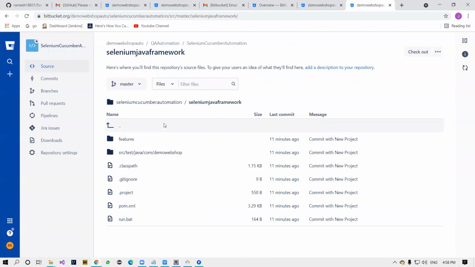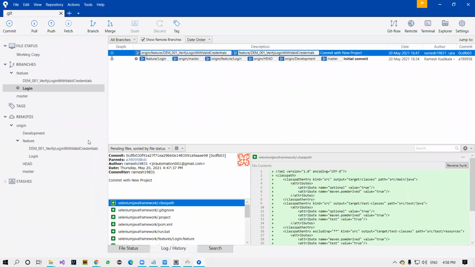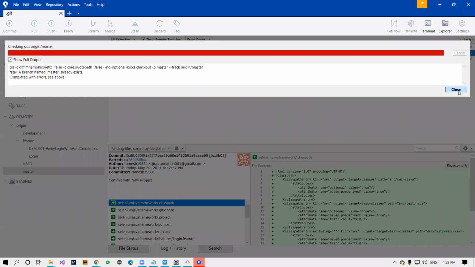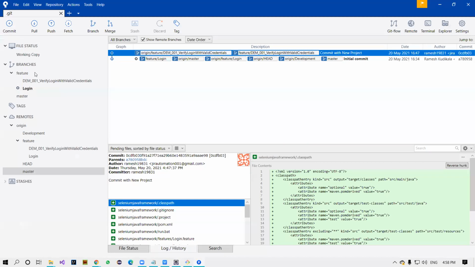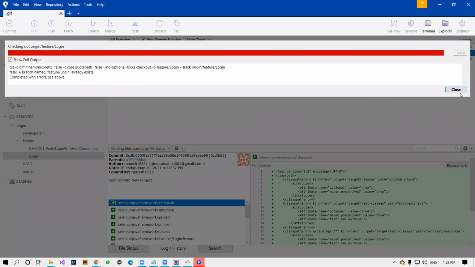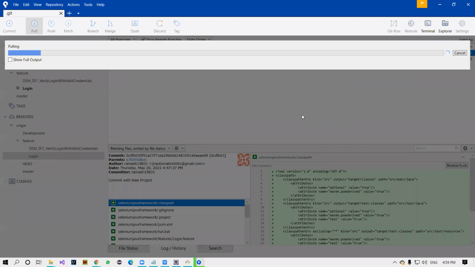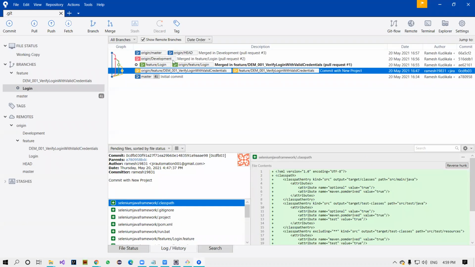You see that everything is there, right? Okay, let's go back to this one. Okay, login branch. Now let me go and check out the master branch. You see? Okay. What happened? Let's check out the login branch. Login branch is already checked out. Okay. Some issues are there. Let's see that. Just pull it. So these kind of issues are common. Okay, I think you have the latest one.